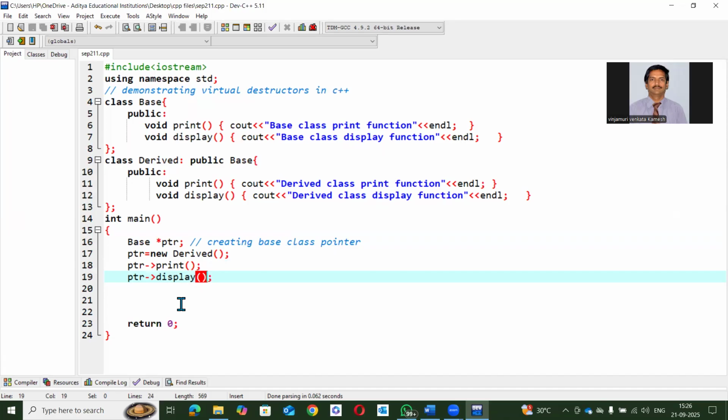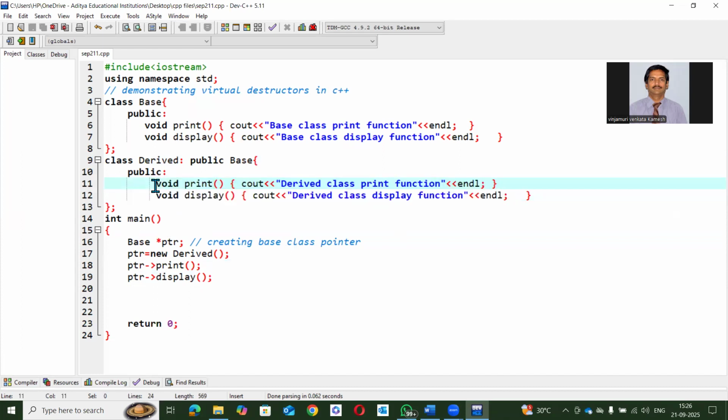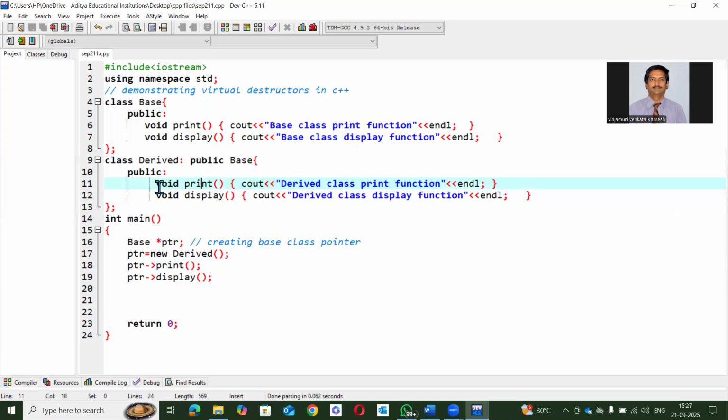Okay. Now, if you want to print the print function, the display function in the derived class only, what you need to do, already the functions are being overridden, right? So I want to make the print function in the display derived class only. So what I need to do, to make your display function, print function accessible, you need to make your base class print function as